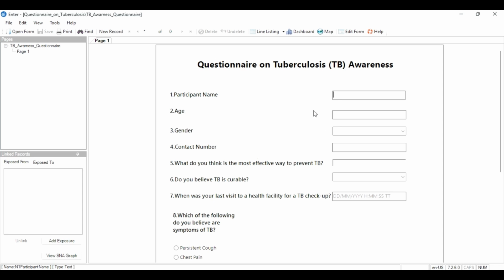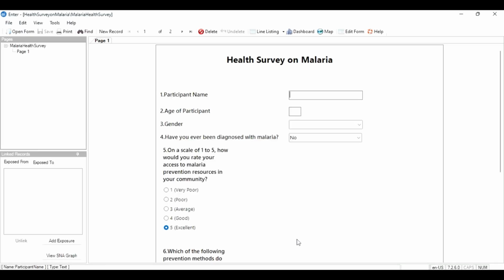Alright, there you have it. So here we can now enter data for our participant. Our participants can enter data. Alright, then we can go back to our first form for malaria. So for example, the participant name can be Maya Thomas,